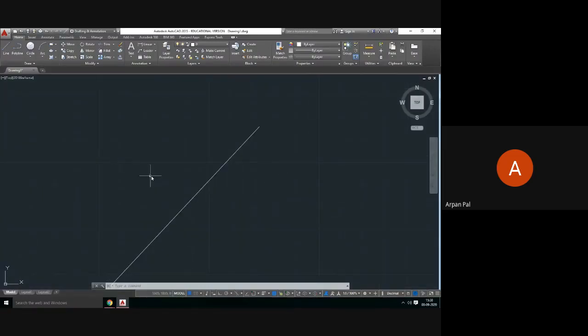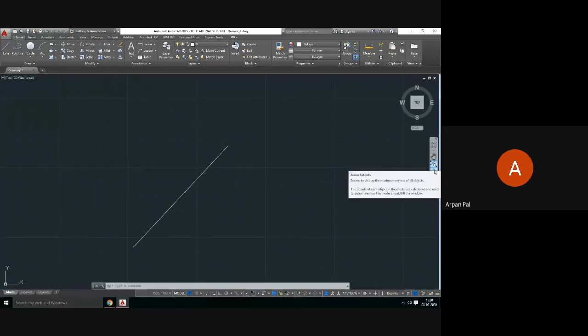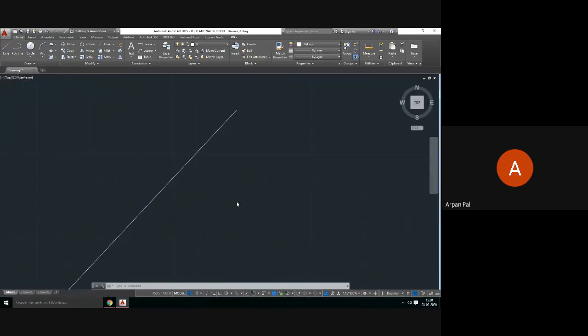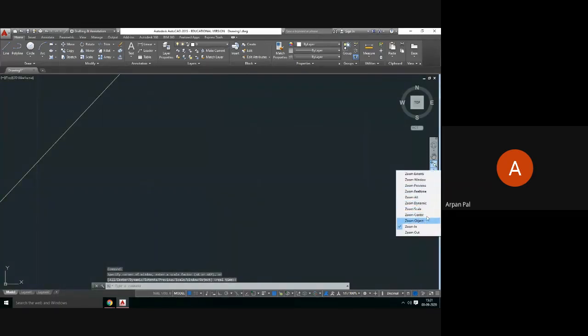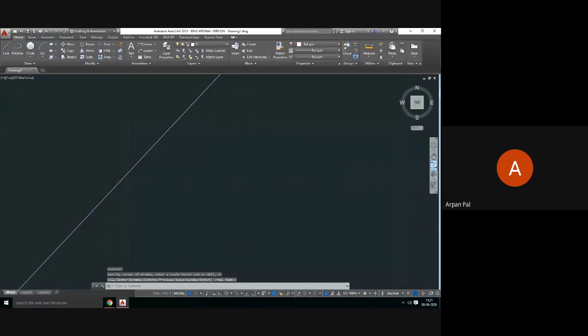This is the zooming problem. How to control the zoom? Obviously, you know, scrolling the mouse. Scrolling the mouse will control the zoom up to a level, after which, if the zoom does not permit, you need to come to this point. This one is the zoom toolbar. If you click on here, you will get zoom in, zoom out, all these options. Just click on this zoom in and it will continuously zoom in. If you click on the zoom out option, it will zoom out.